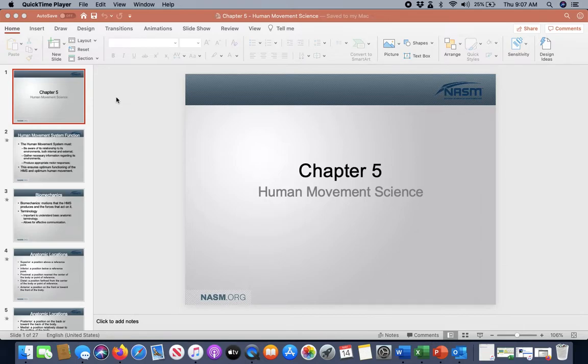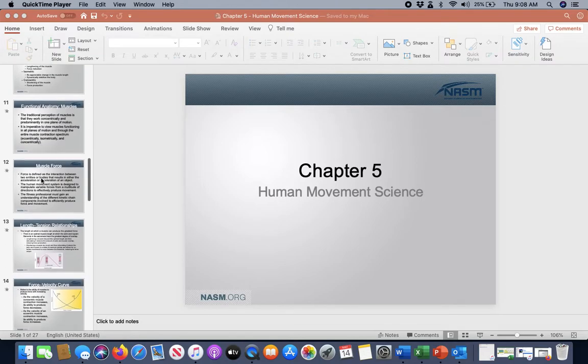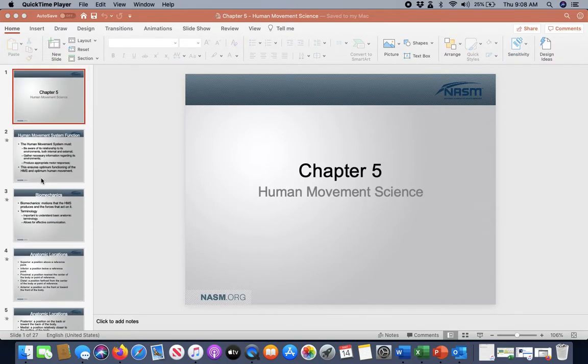Welcome to the review portion of NASM's Chapter 5, which is basically called the Human Movement System. If you're going through your material, you're probably going to notice that you'll see HMS a lot, and that's what we're referring to here. So basically, the body as a moving unit. This chapter relates more toward kinesiology and how there are specific items that you need to focus in on that will show mechanics of the body and basically how movement science is brought out